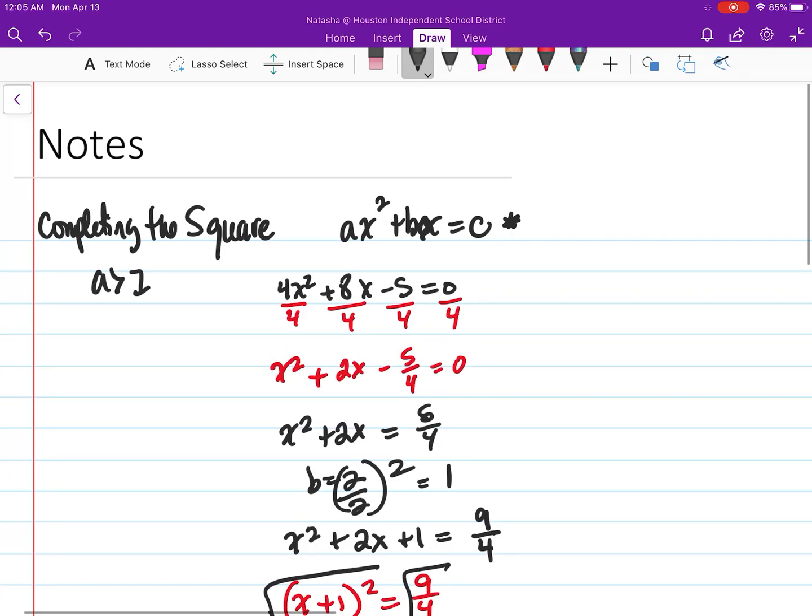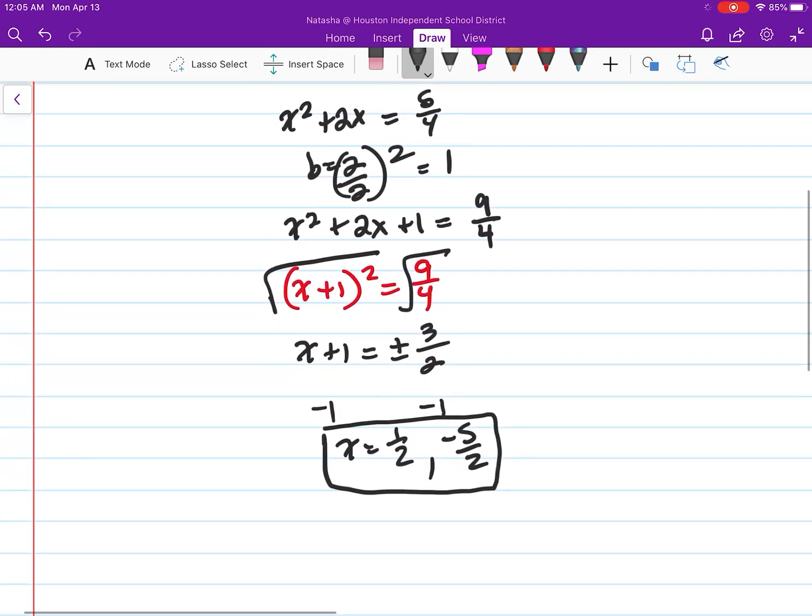I'm only going to do a couple more problems like this because I really don't want the focus to be on these. The completing the square of the other ones I'm okay with, but for these, personally, the best method would be the quadratic formula if that a value is greater than 1 and your middle term, or your b term, is not divisible